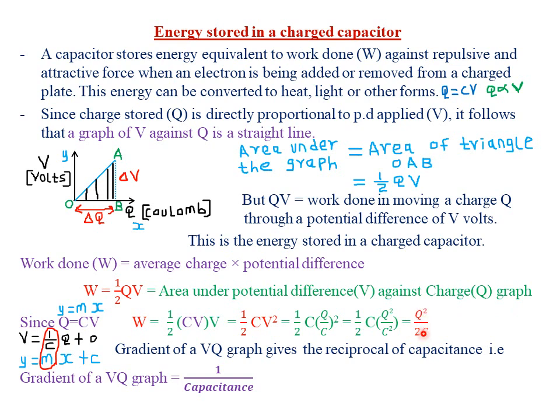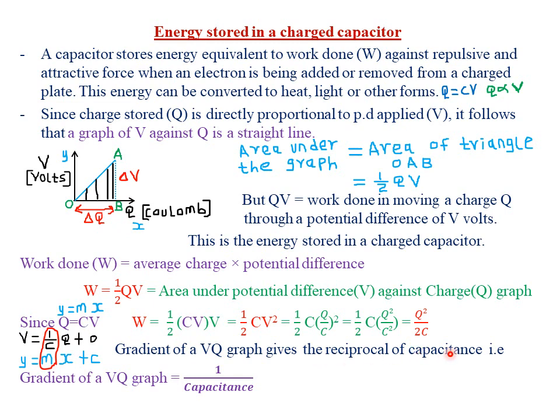So the work done can also be given by Q squared over 2C. So these are the different formats or the different formulas that we can use to compute the work done in moving a charge from one point to another. Then also from our graph, that is a graph of V against Q,